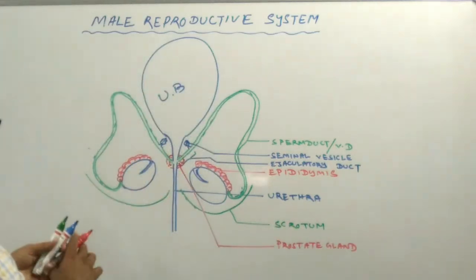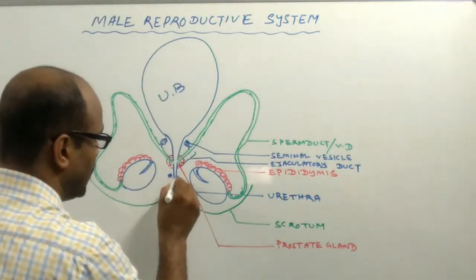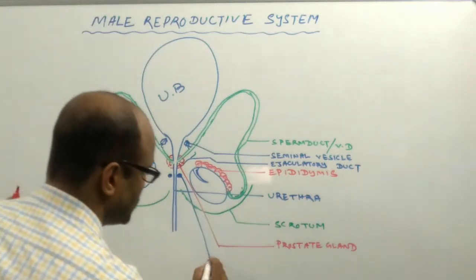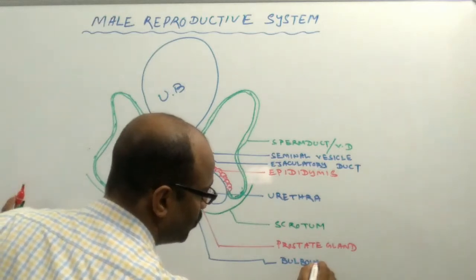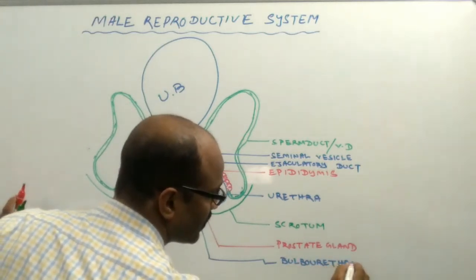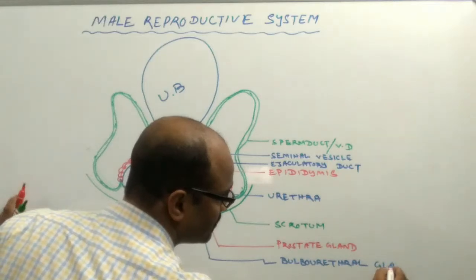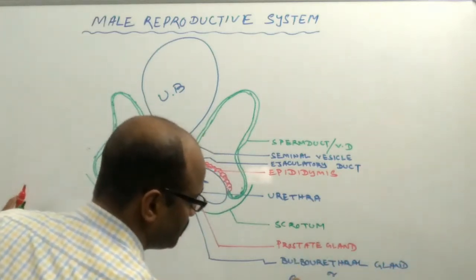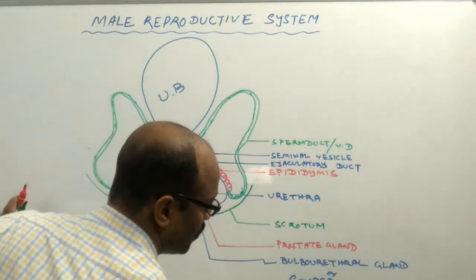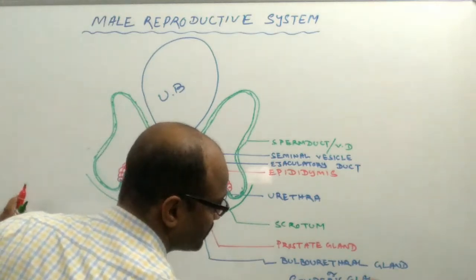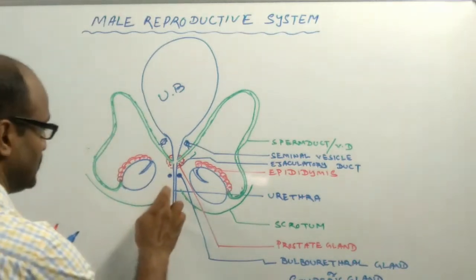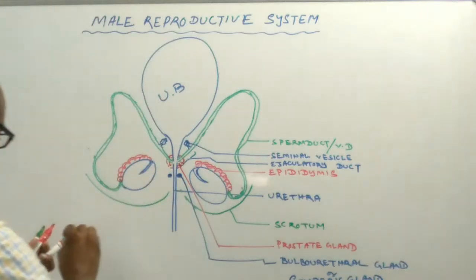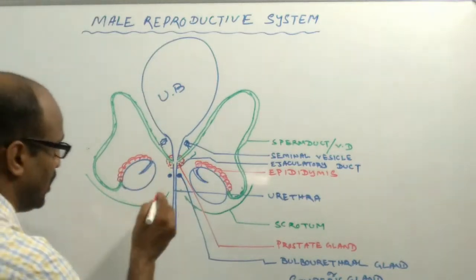And just below the prostate gland there is the opening of another gland, which is known as the bulbourethral gland, or Cowper's gland. So three glands are present, and just below the Cowper's gland there is the origin of